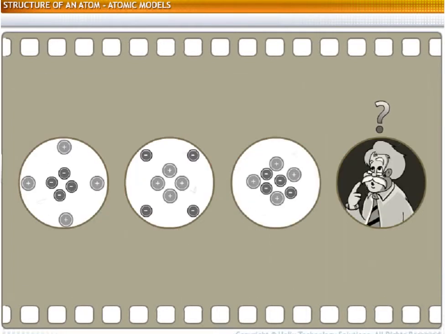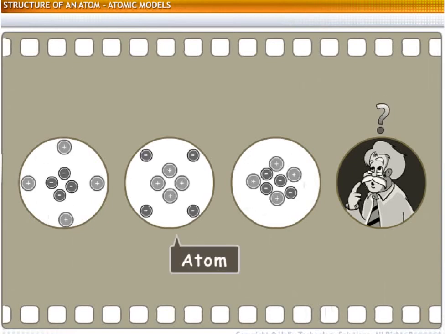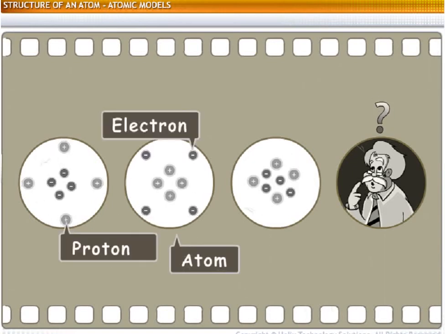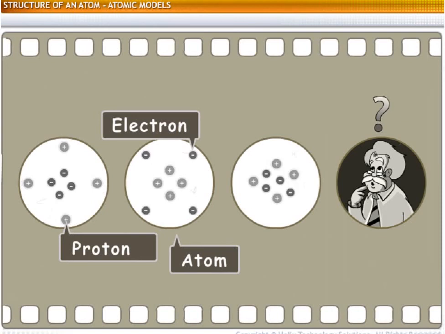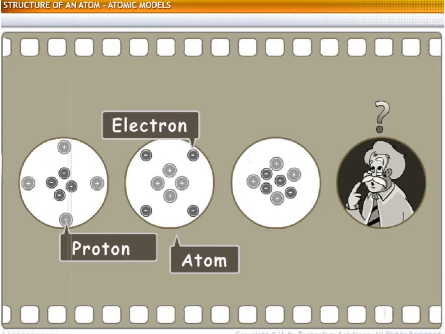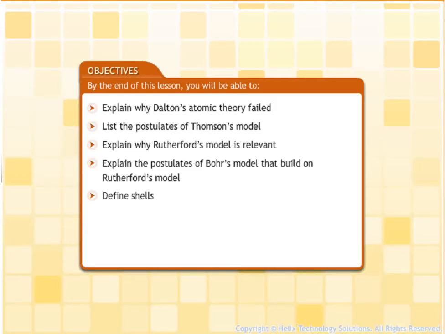These discoveries made scientists believe that an atom was divisible and made up of electrons and protons. What they didn't know at that time was how the electrons and protons were arranged within an atom. They tried to understand this arrangement through various experiments. This lesson introduces you to different models related to the structure of an atom. By the end of this lesson, you will be able to: